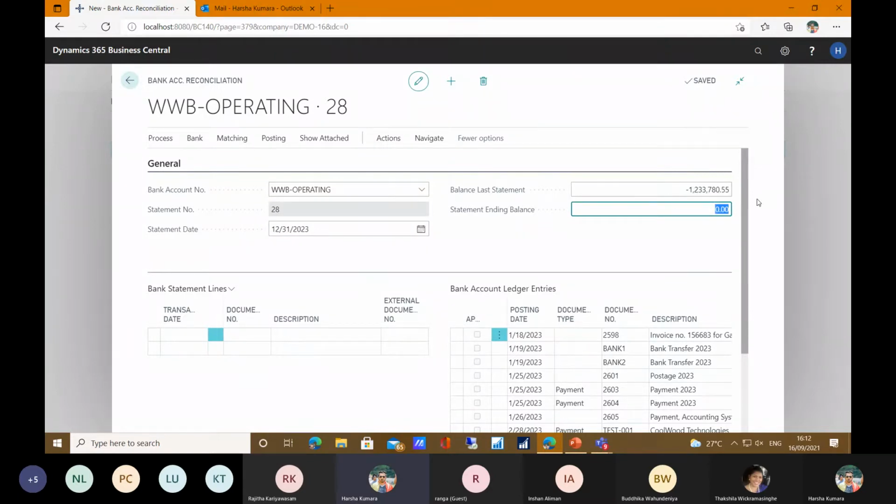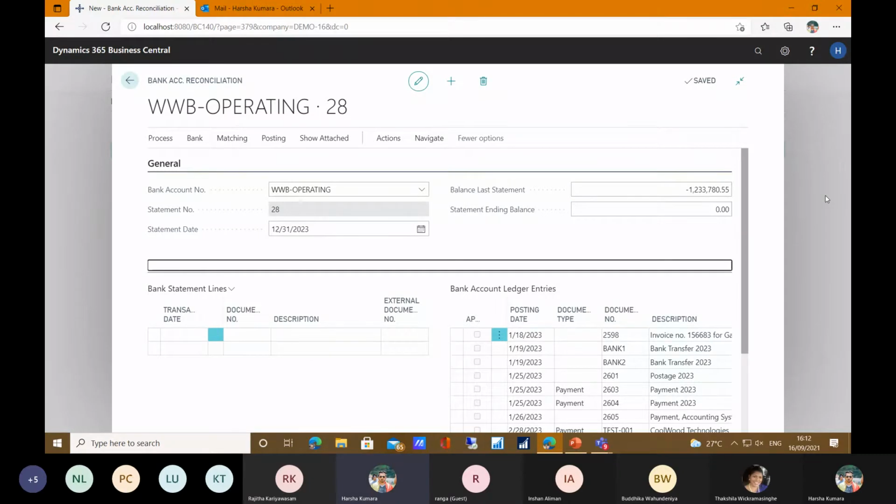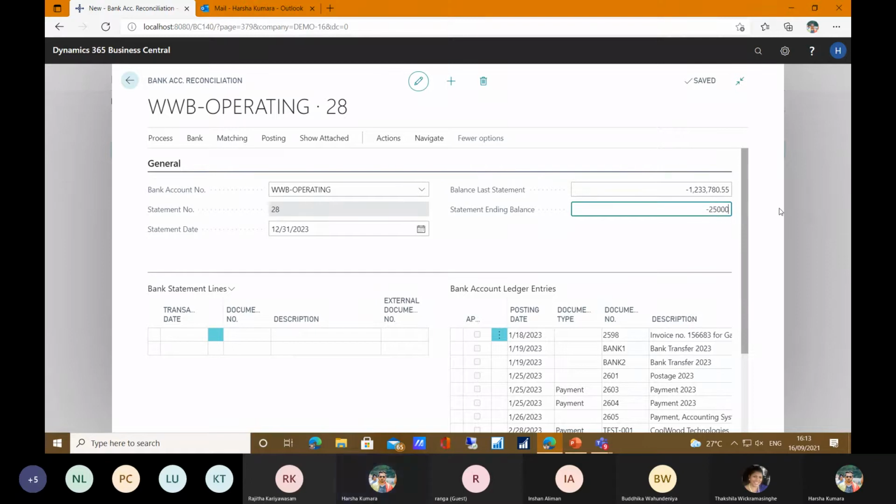Then I will pick 2.5 million. This you can leave as 0 also. Then, if this month your bank account has been closed, you can do the reconciliation without any issue. Then I will pick 2.5 million again.